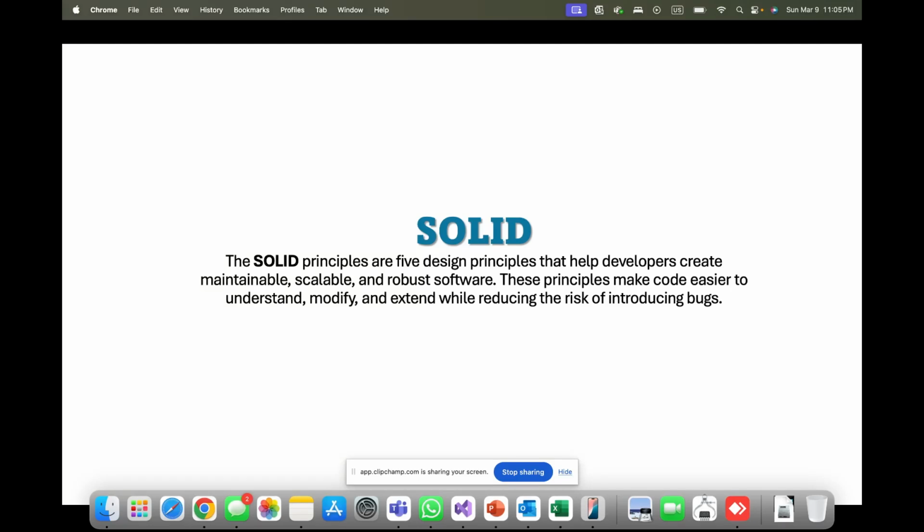Hello, everyone. And now let's talk about the SOLID principles. These are the five design principles that help developers create maintainable, scalable, and robust software. These principles make code easier to understand, modify, and extend, while reducing the risk of introducing bugs or unknown errors. Because if you have well-formed code, then there are fewer chances that you will introduce any bug in